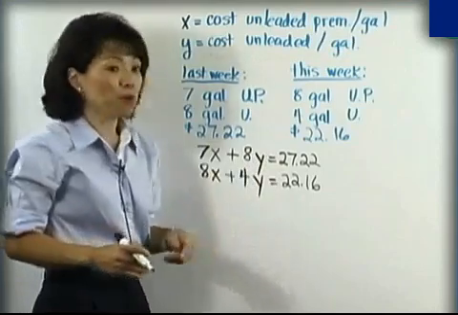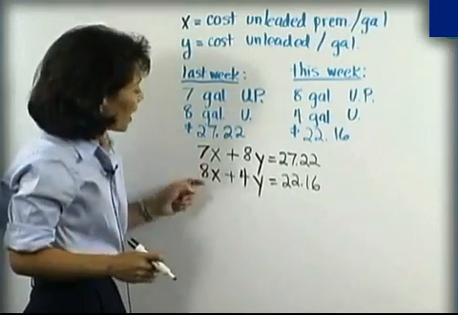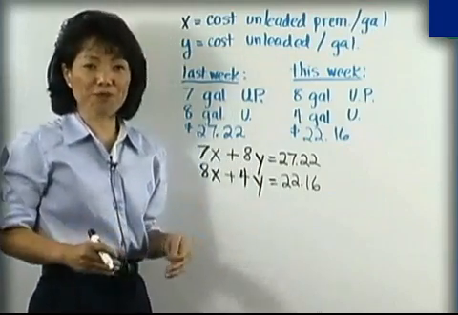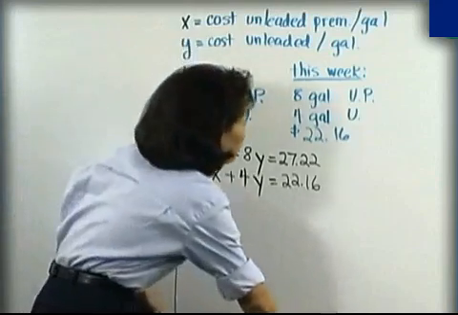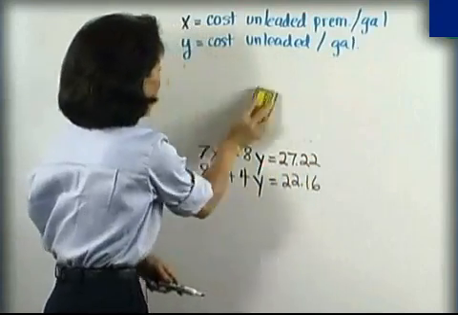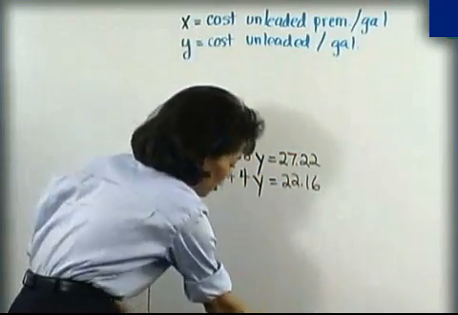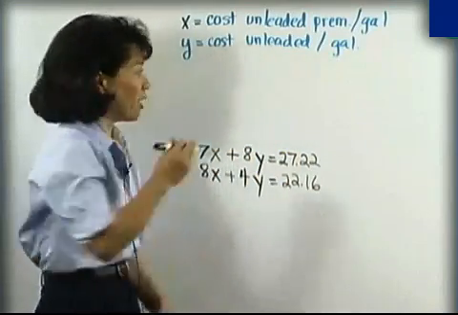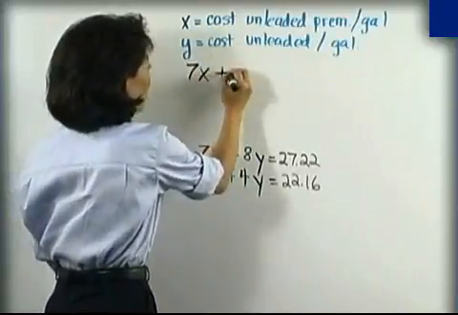Now that we have our 2 equations, we can solve this system of equations. Again, we have a couple of methods to use. Choose the one that you're most comfortable with. In this particular system, I'm going to use the method that we call addition. The reason I'm choosing that is because none of the coefficients of the X or Y variables is 1. So to leave myself a little more room, I'm going to rewrite our system up here,